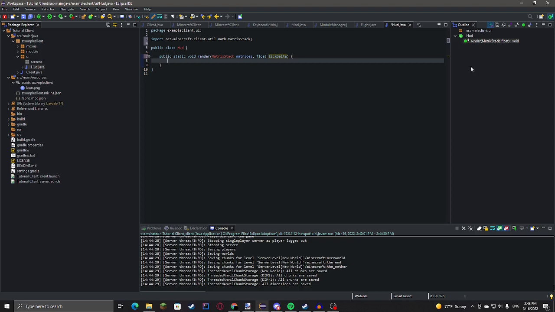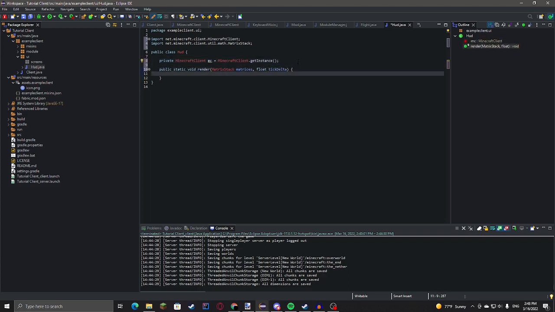Okay, so now just to test, make sure it works, we'll just do MC. Private client MC equals Minecraft client get instance, just as a utility thing.